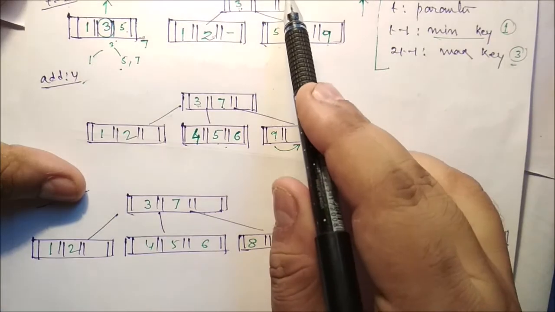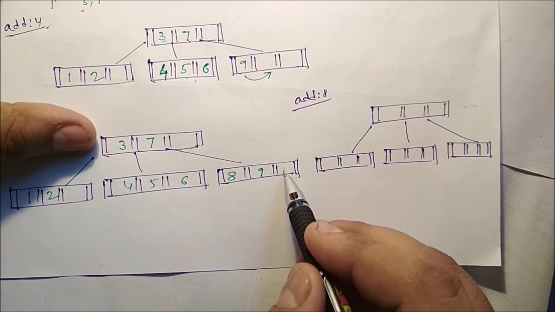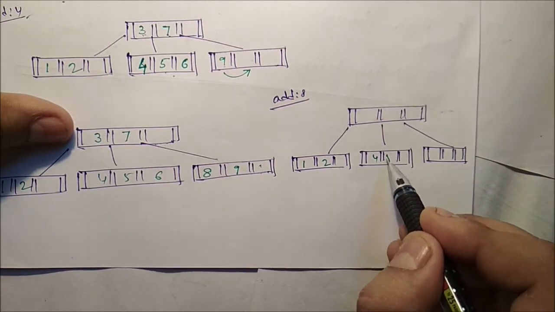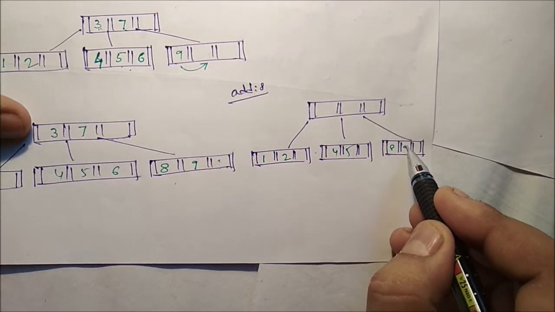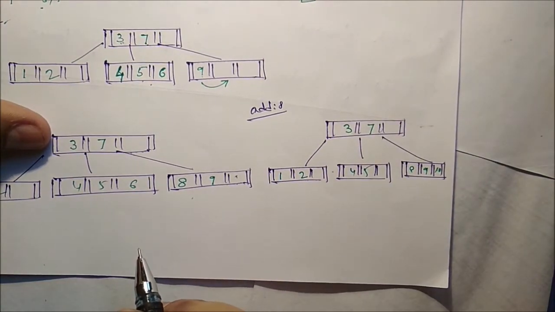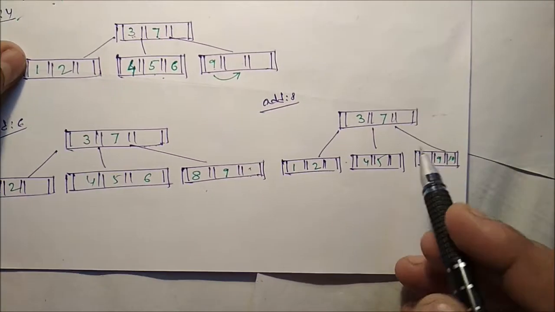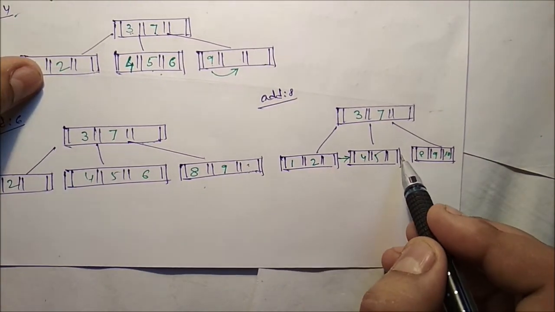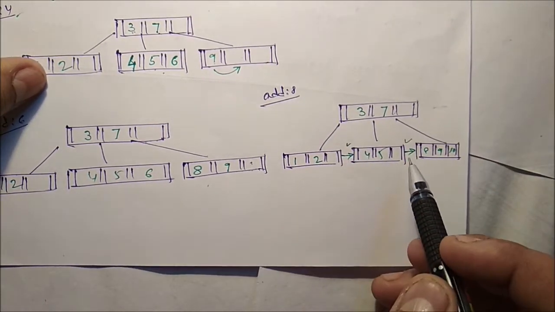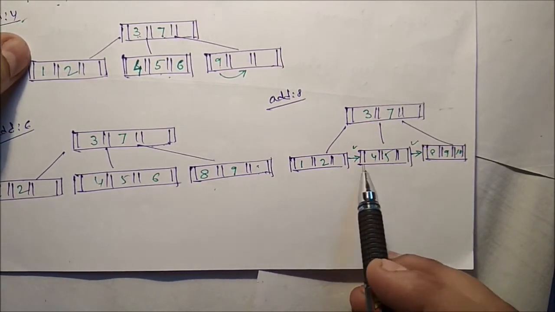After that we want to insert 10 here. So 10 should be inserted here. So it is 1, 2, 4, 5, this one, and it is 8, 9 and 10, and here it is 3 and 7. Are you getting this one? And remember one thing, here we can connect the leaf nodes, but in the original B tree these connections are not present, but we can modify it ourselves. So we can link the leaf part.